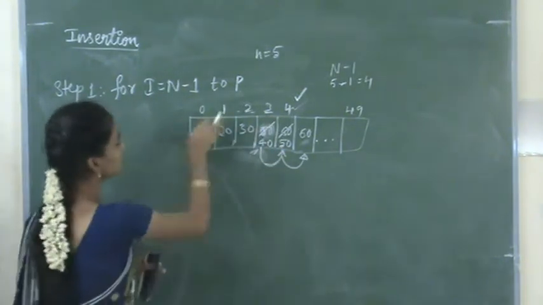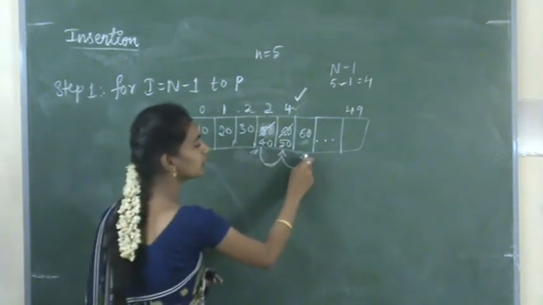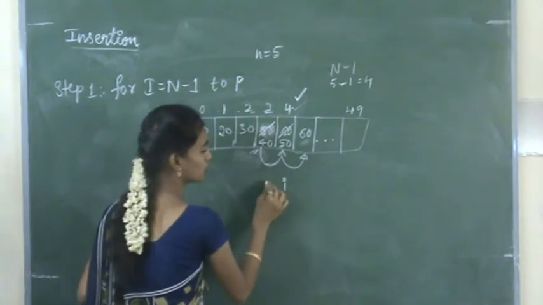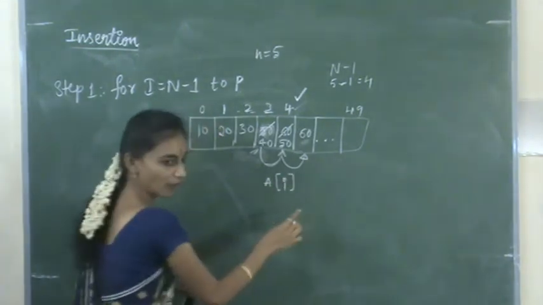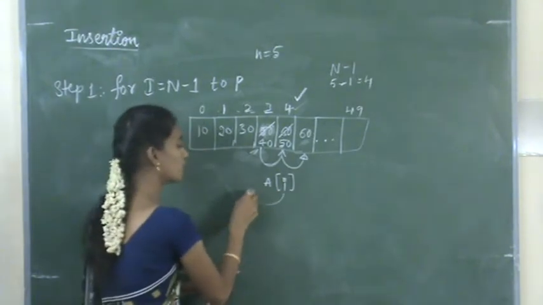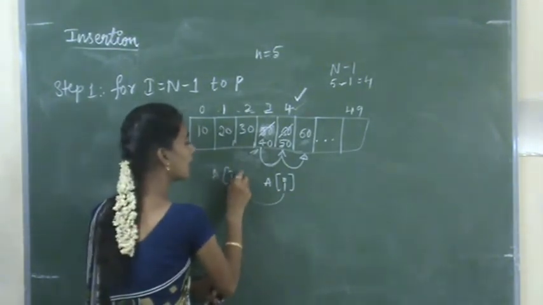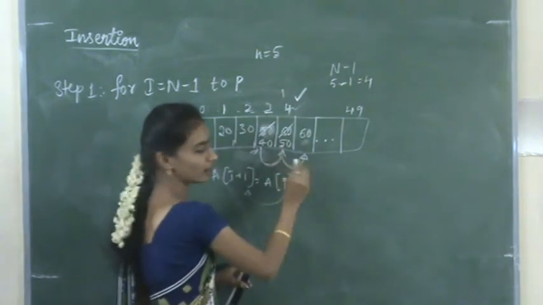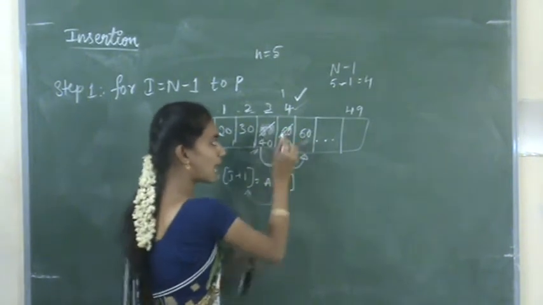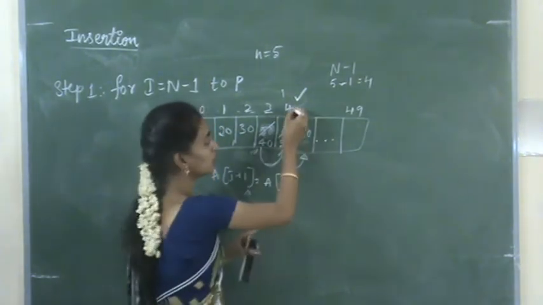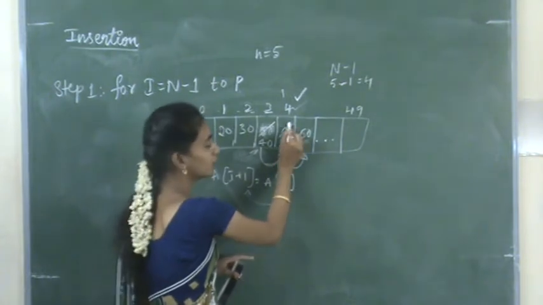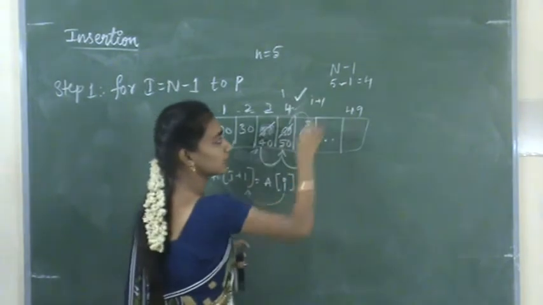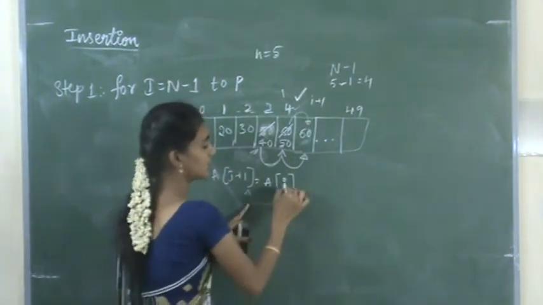Okay. So after this what we are doing, we are shifting the elements to the next position. So suppose if it is the ith position, means if it is a of I, that will be stored in a of I plus 1, right? So this position value will be assigned to the next position. If I becomes I plus 1, right? So that will be assigned like this.